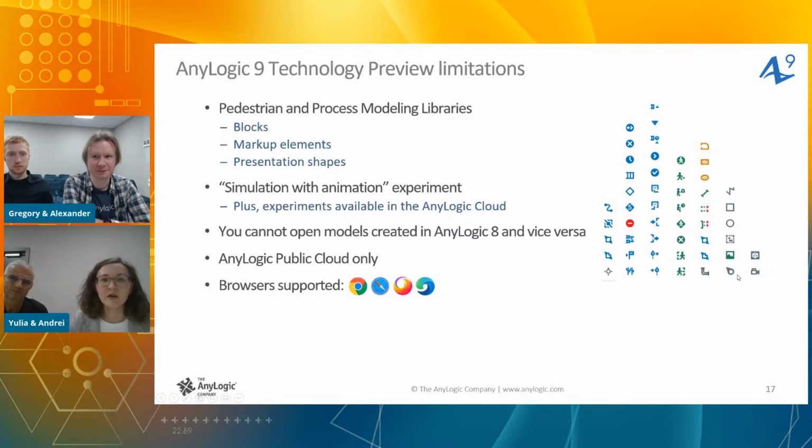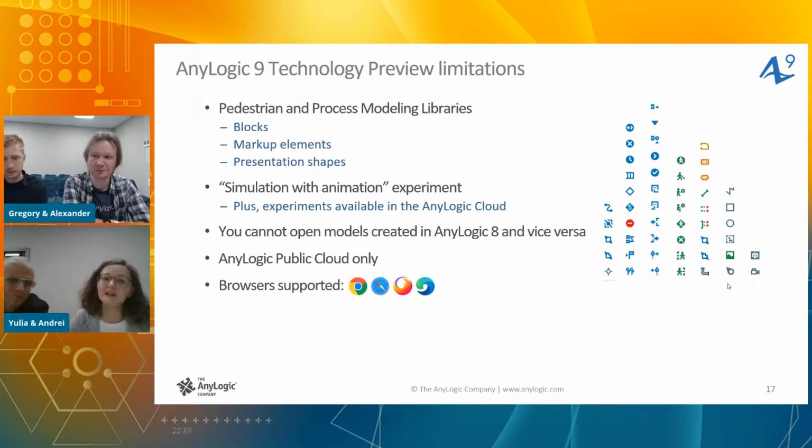Okay, so let's go through the technology preview limitations. Obviously, what you have just seen is not a fully functional version, and here are listed all the elements that are supported: experiments, just two libraries with corresponding blocks, and markup elements and representation shapes.